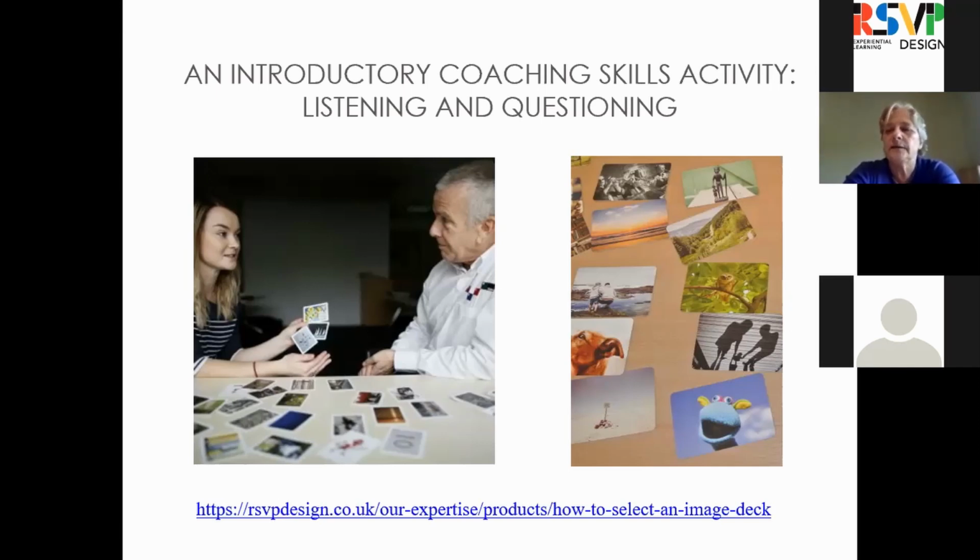Is there anything that you could do differently? Are there changes that you'd like to make to your own approach? If we were going to have a further conversation with you in the role of coach, is there anything that you might like to work on? So it's a simple example of using pictures initially to practice the listening and questioning skills, and then to give the opportunity for coaching to be used to help the person to think about how to develop those listening and questioning skills.